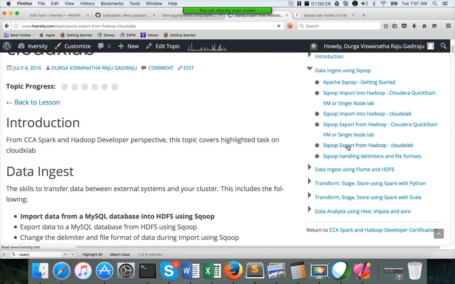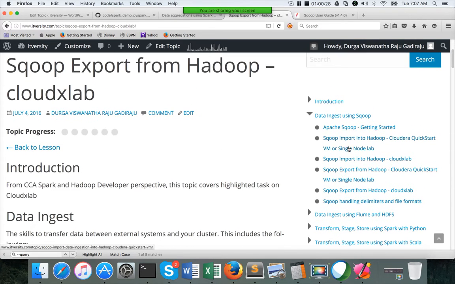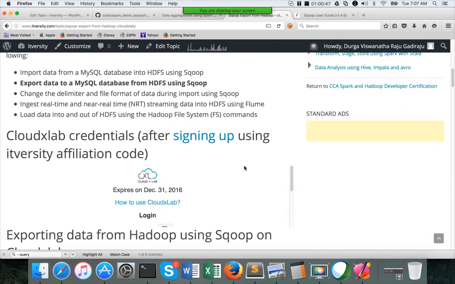Now we will talk about Sqoop export. I have already covered delimiters also and also file formats, so I will not be opening this up and showing it. I have organized like this to be in line with the certification, but while explaining I am not following the same flow. I am following the flow which can cover the topics as quickly as possible.